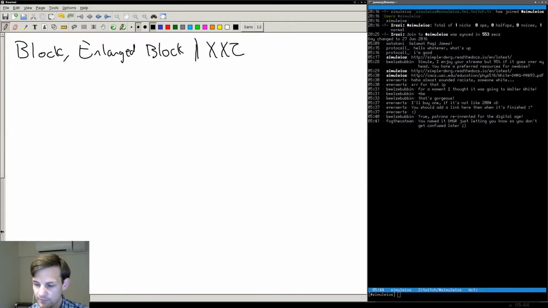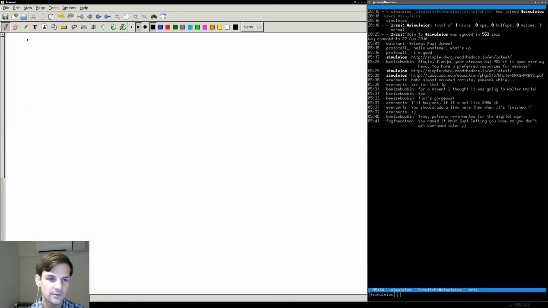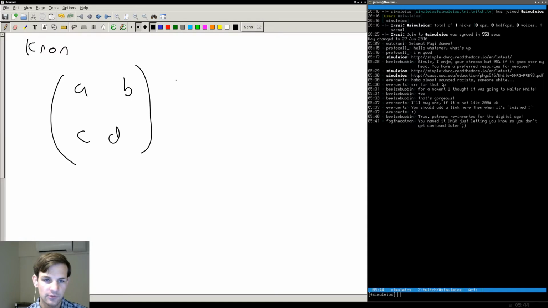We're going to need a couple different functions. We're going to be using the cron function a lot. Cron is the Kronecker product. We've done the Kronecker product before, but let me just be incredibly clear here. So let's do page, new page before, and let me say cron up here. So if we have a matrix A, B, C, D, and we're taking the Kronecker product with the matrix E, F, G, and H,